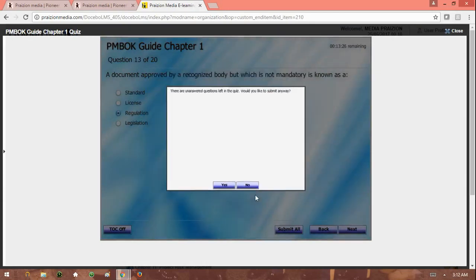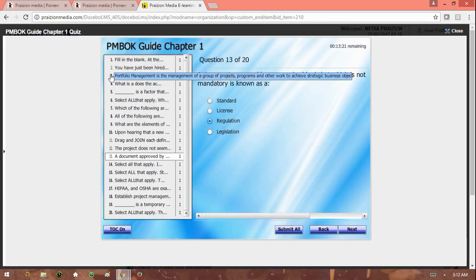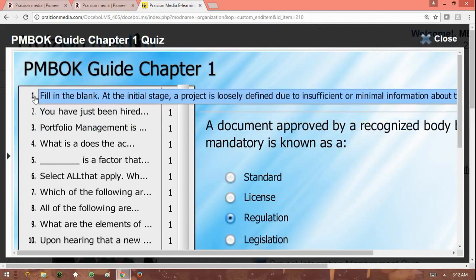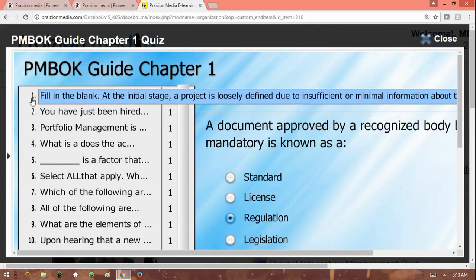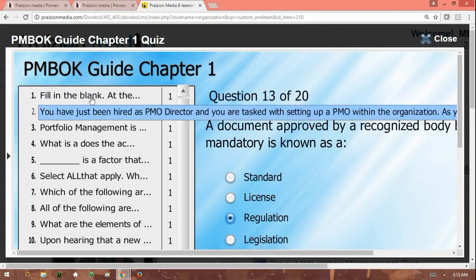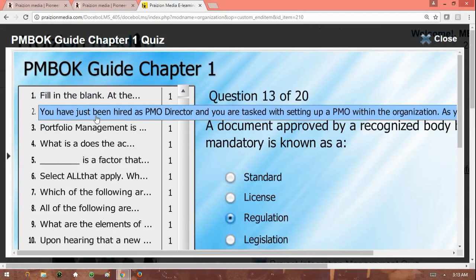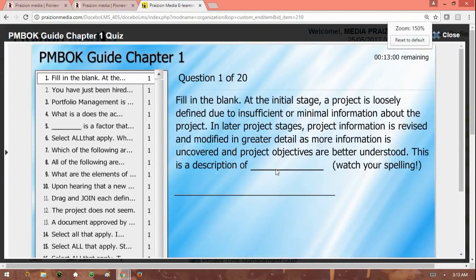So I'm going to say no, and I'll click on my table of contents button, and now I can see, if you look really carefully, I'm going to make the screen a bit bigger here. You can see question 1 is bold and question 2 is not as bold in the table of contents numbering. The reason is after you answer a question, the bold feature goes away. So question 1, if I were to answer question 1 with anything,